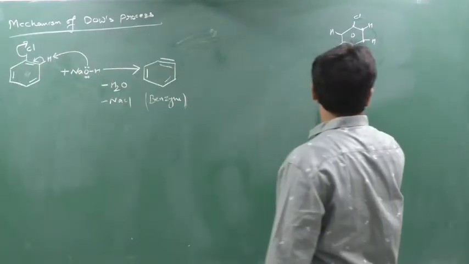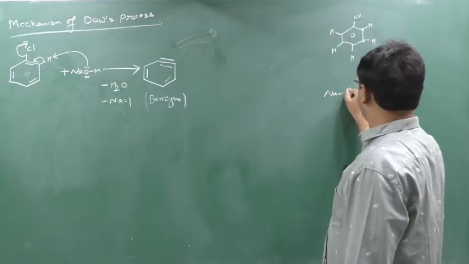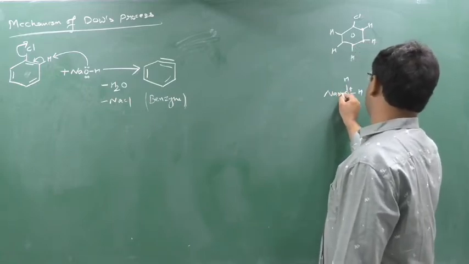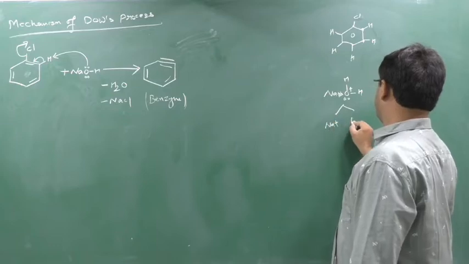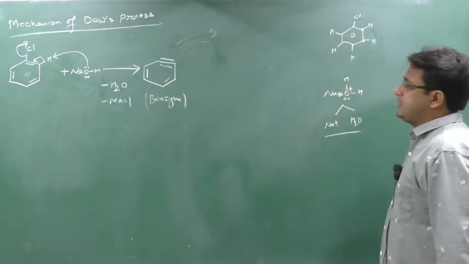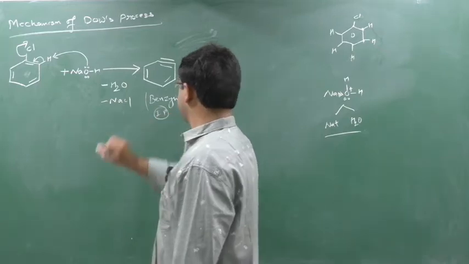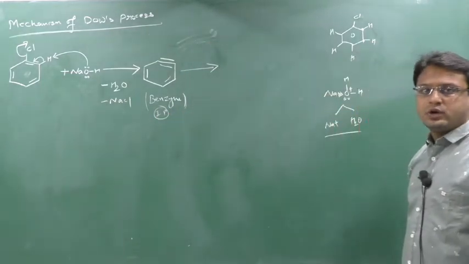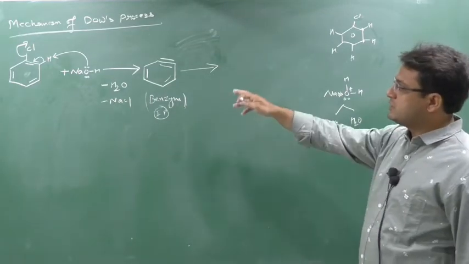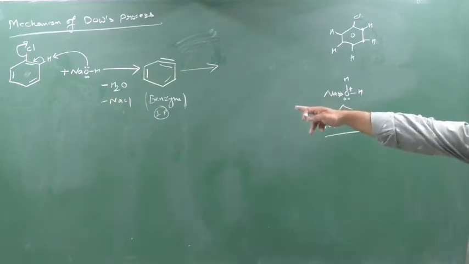What will occur? Here there is NaOH. So out of two lone pairs, one lone pair was donated to this H. It creates a positive charge. So this will start to attract from this Na, and Na plus and H2O will be generated. Clear? Now see, in the next step, now what will happen? So this is the intermediate product generated during the reaction, and this we have to remember. This benzyne you should remember, this will come in the exam as an MCQ, that which is the intermediate generated during the Dow process. So this is the intermediate generated during the Dow process.